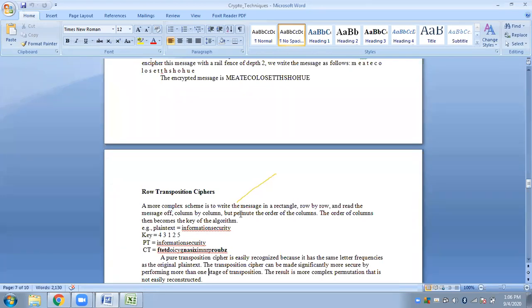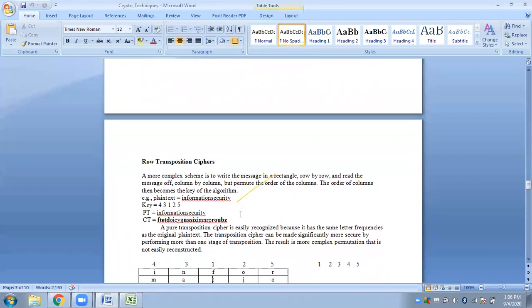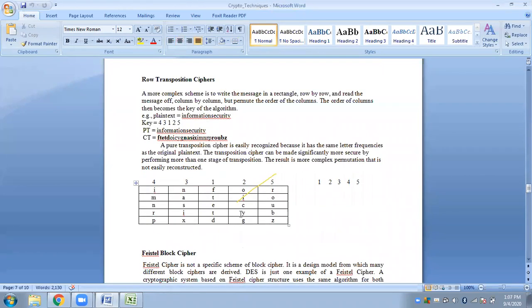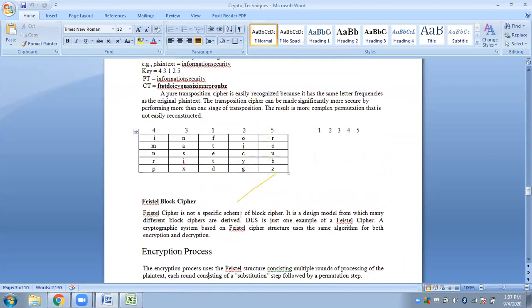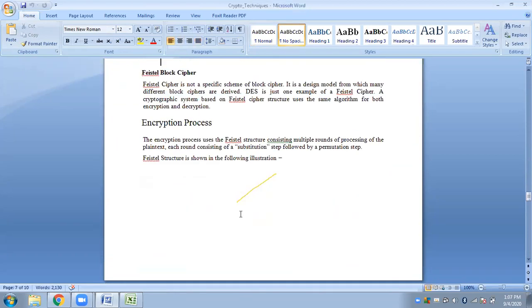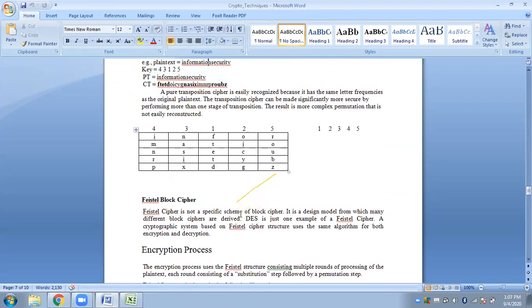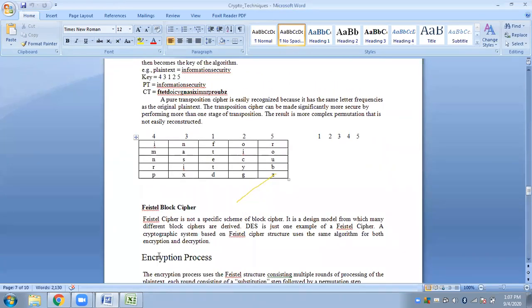So we have two types of cipher: one is the stream cipher and one is the block cipher. All three techniques that we have discussed till now are stream ciphers, because they process the plain text on the basis of streams to convert them to ciphertext. Now we will look at another type of cipher, which is the block cipher. This is another technique of symmetric key encryption, and it makes use of block cipher.